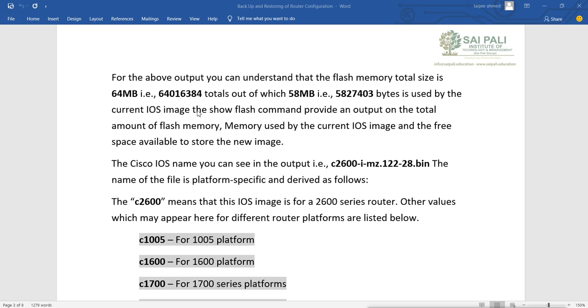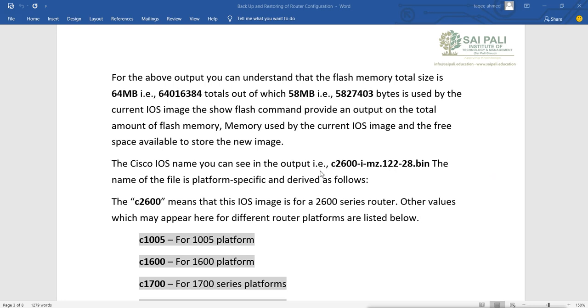The show flash command provides an output on the total amount of flash memory used by the current IOS image and the free space available to store the new image. The Cisco IOS name you can see in the output, that is C2600-i-mz.122-28.bin.